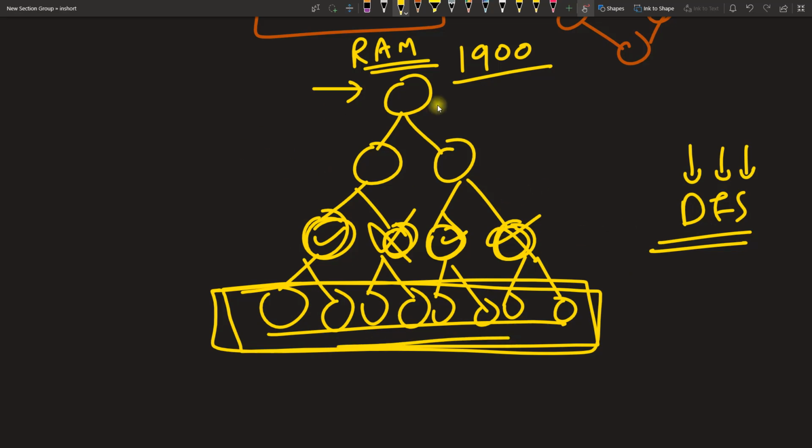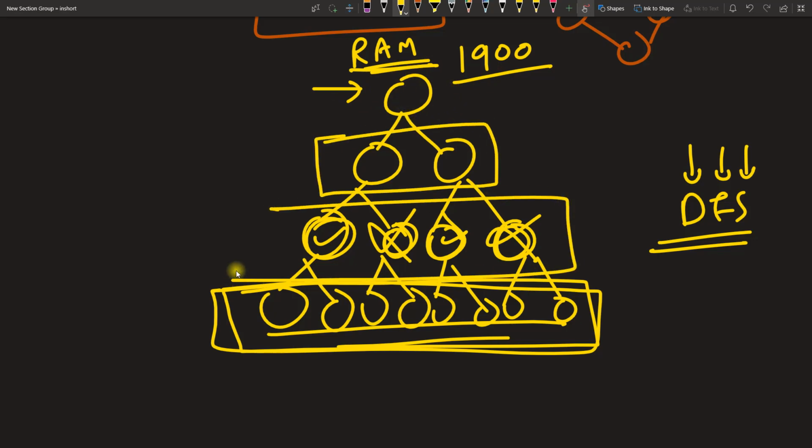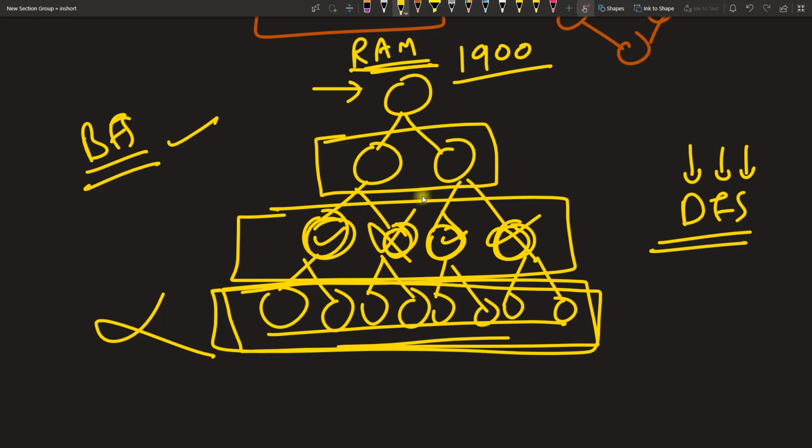But let's suppose you want to know how many children Ram had or maybe their children. So this guy and this guy. You are not bothered about these guys, right? So now your result lies not in depth. So you will go for breadth first search. So you can see that it is highly subjective what kind of problem you are dealing with. So then you will use either of these two. That's the whole catch actually.